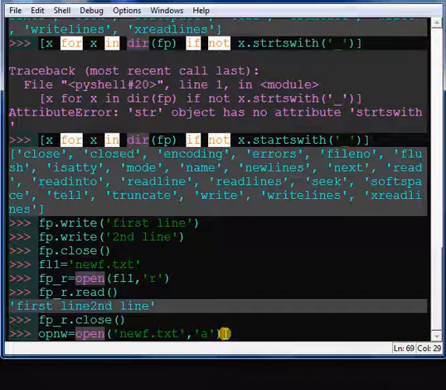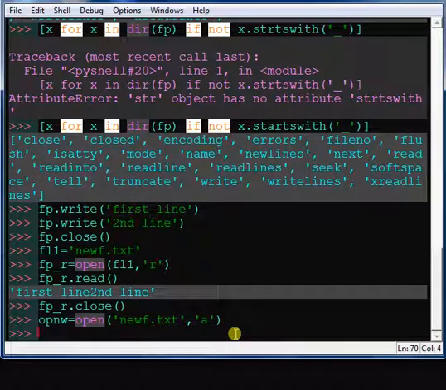So if a file is already existing, there's some data inside it, don't use write mode, use append mode if you want to add some data to it. Otherwise, if you choose w in place of this, it will erase all the previous data and will start writing from scratch. So let's open now,